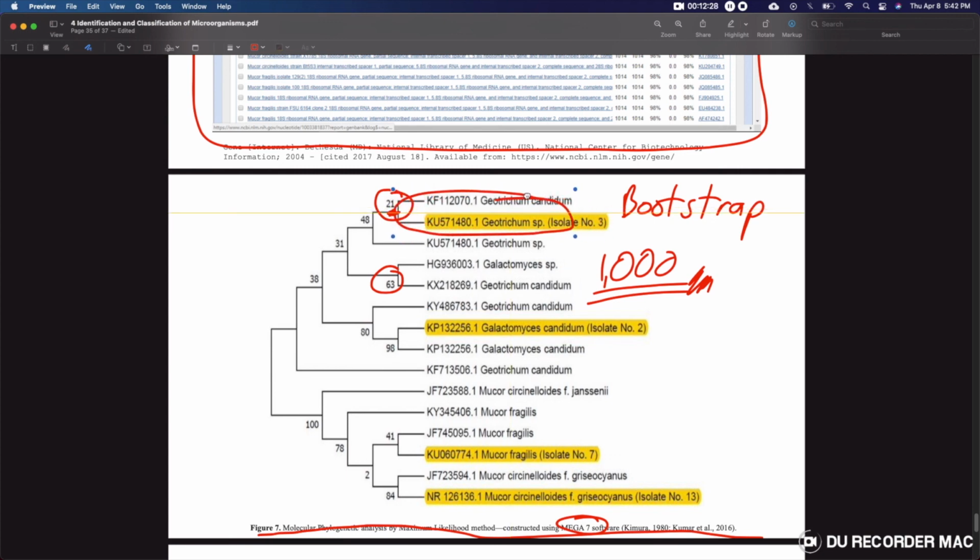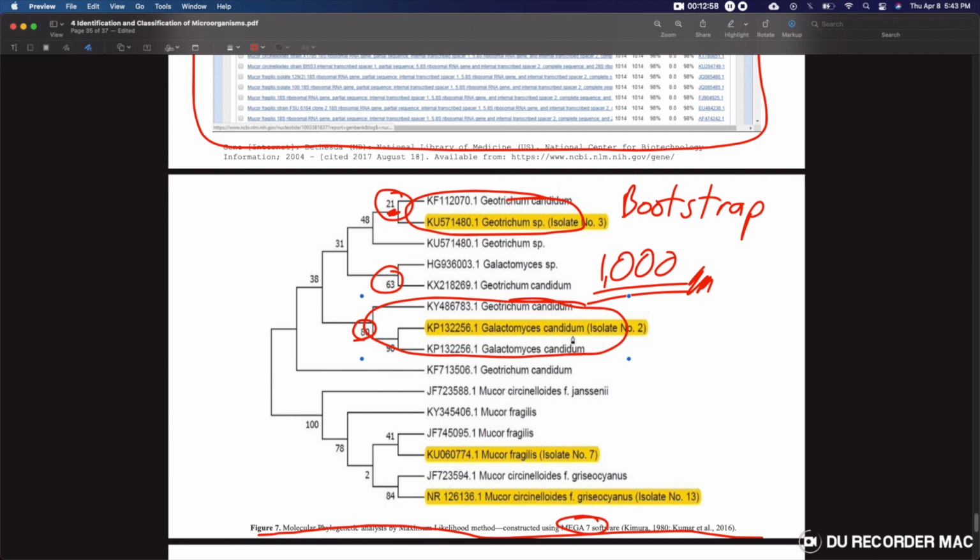sequences clustered together. So when we look at this one, 80%, so 800 times during that 1000 bootstrap replication, these clustered together, 80% of the time. 800 times, the software found that these three always clustered together. Okay? So that's how you